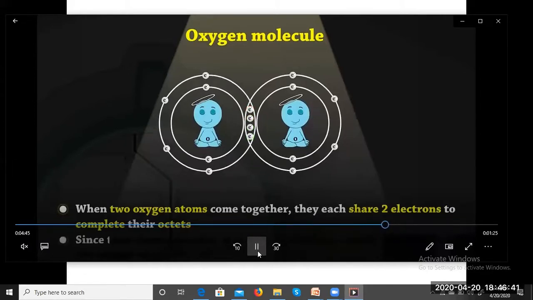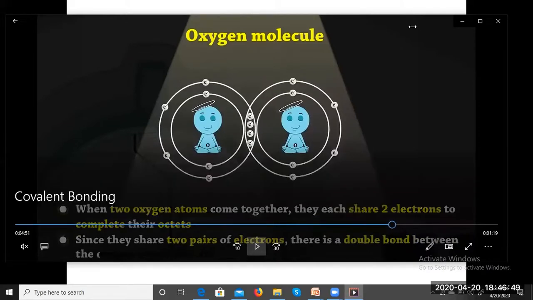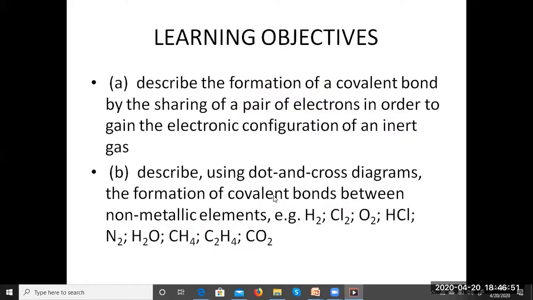Okay. They share 2 pairs of electrons. There is a double covalent bond. So that's all about the video. Let's get back to our whiteboard. Now we are going to use the whiteboard to draw the structures, and we will be learning